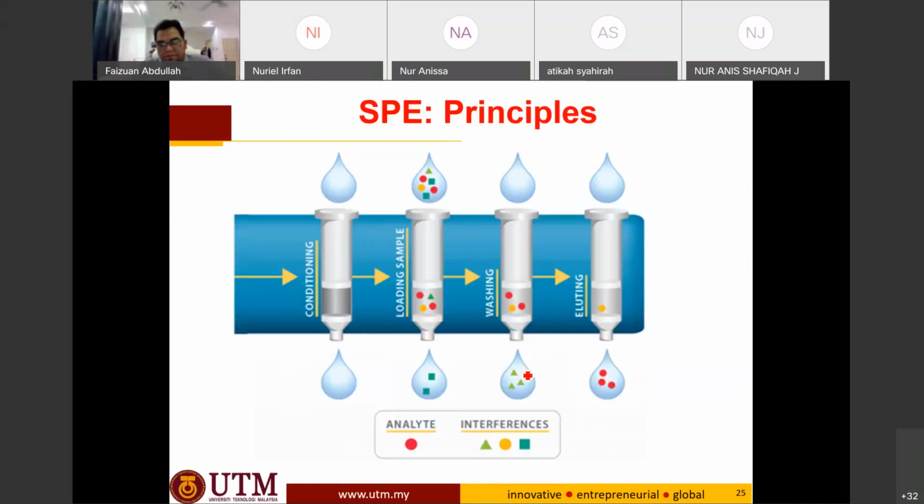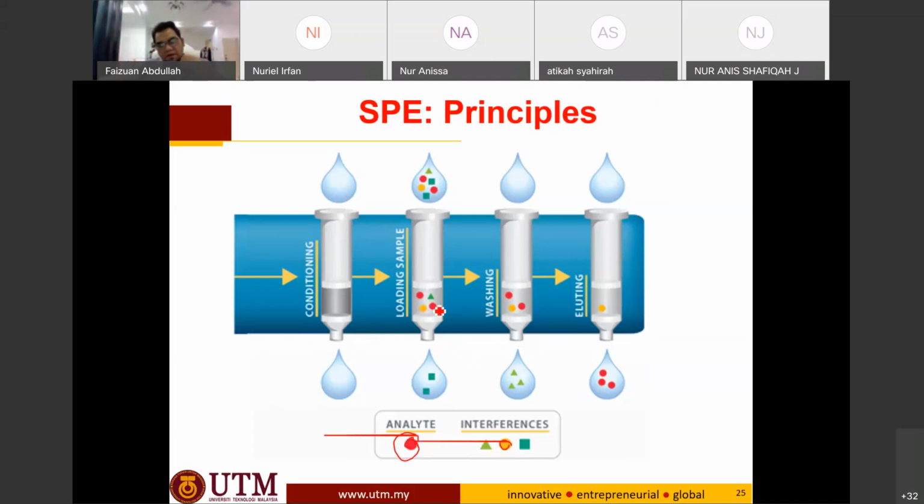Okay, the SPE, the principles, right? We have to condition it first, right? Conditioning, and then loading sample. We put sample inside, right? For example, the red circle is analyte. The interferences are the green and the orange circle, right? So